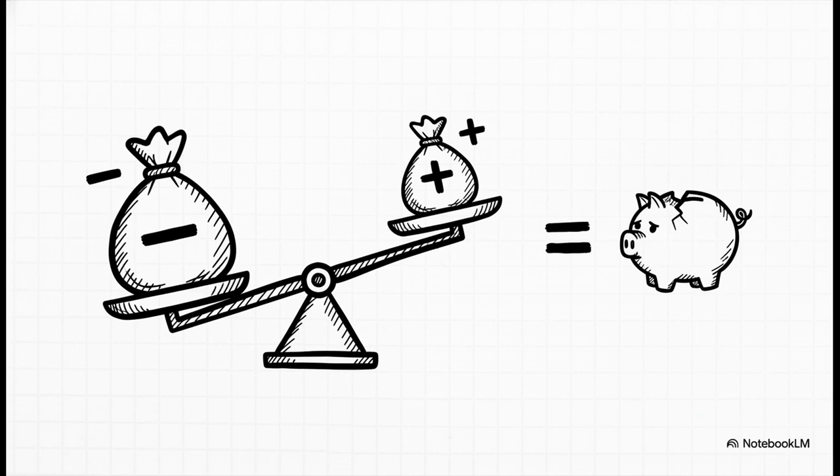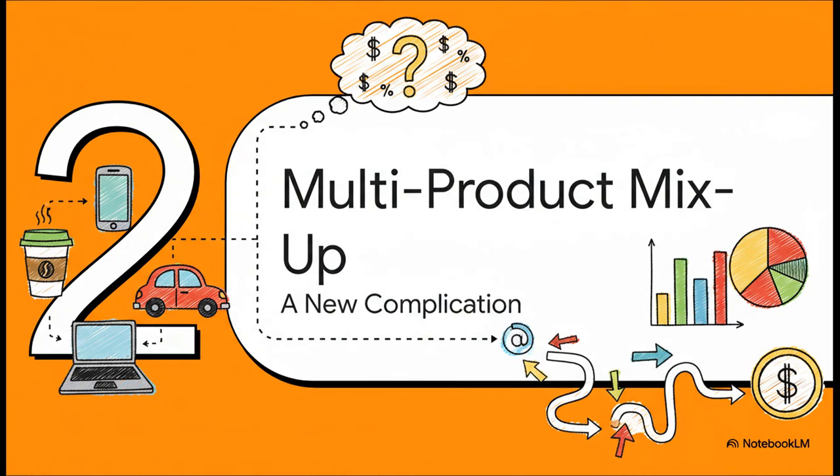And just like that, our first mystery is solved. That price discount actually cost them more than the extra sales brought in. But things are almost never that simple, are they? Most companies sell more than just one thing. And when you have multiple products, each with its own price, its own profitability, a whole new, fascinating layer of